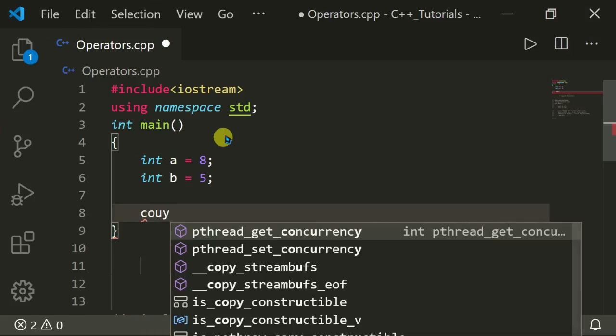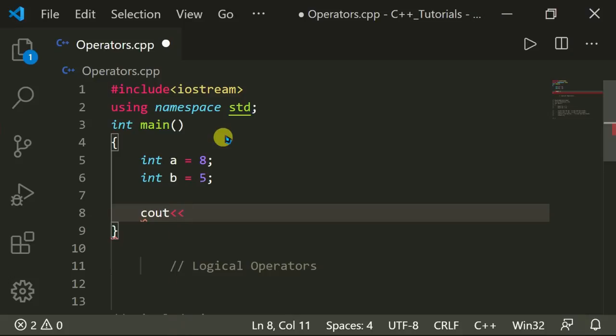Now cout, and here in the cout function I will use all the comparison operators.